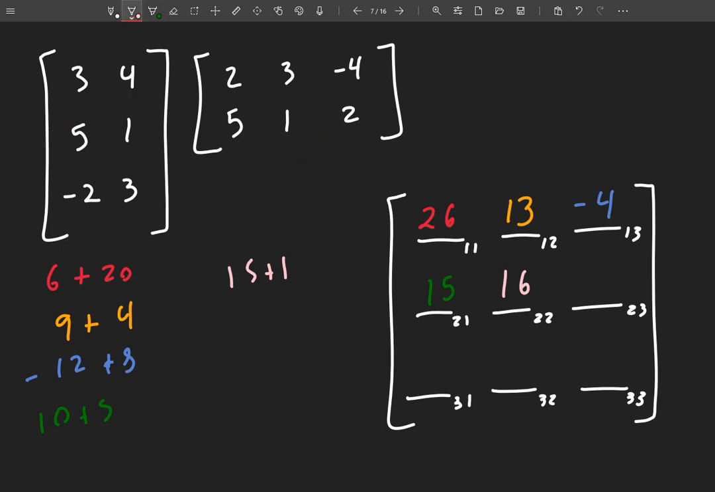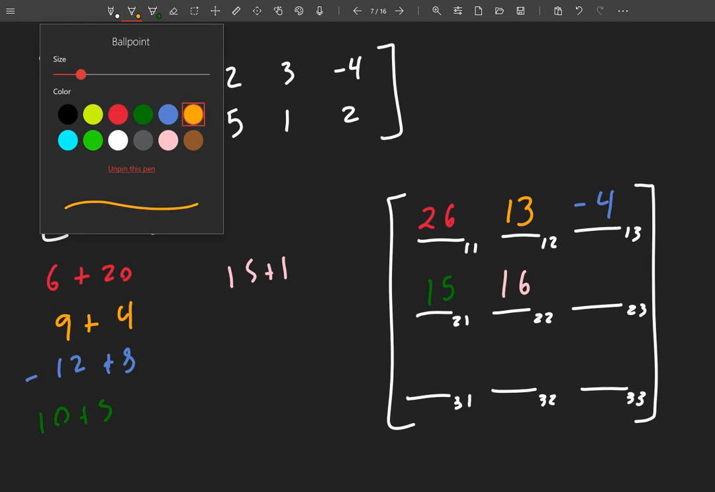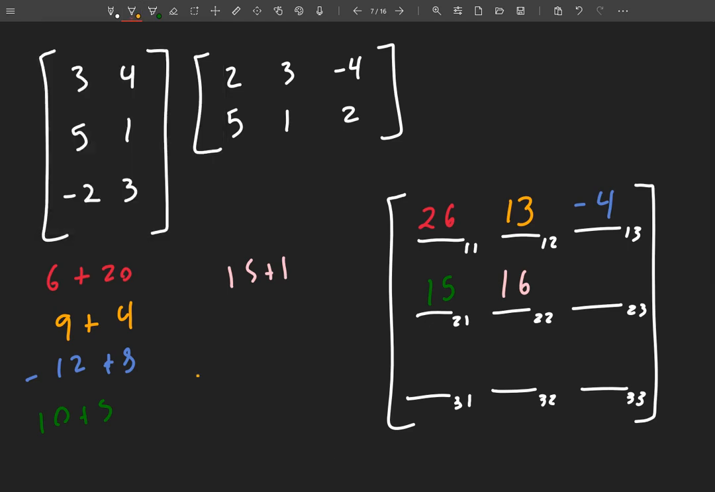Get rid of that. Use this color again. All right, this is row 2, column 3. So that's row 2 again, column 3. So I have 5 times negative 4, negative 20, plus 2, which is negative 18. Get rid of these. Let's use red again. All right, so now